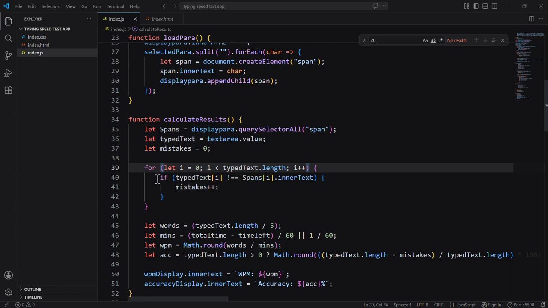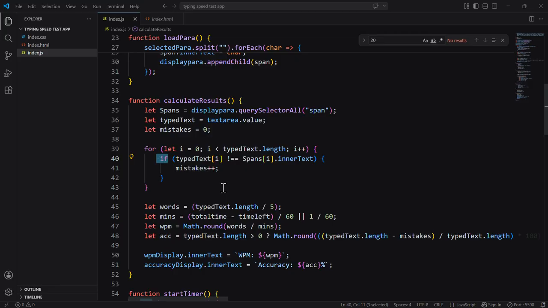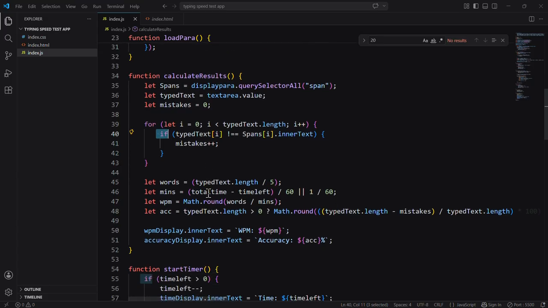And again we use if conditions. If typeText is not equal to spans dot innerText, then mistakes plus plus. If typeText is not equal to the inner text in the text area which the user typed, mistakes plus plus, mistakes will keep increasing.